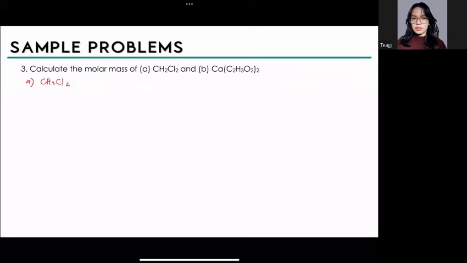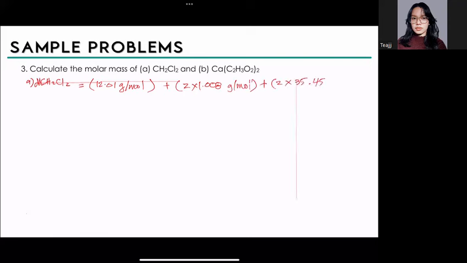How do we calculate the molar mass? Di ba? To calculate the molar mass ng isang compound, i-add lang natin lahat ng molar mass of a particular element na component doon na compound times how many atoms of that particular element there is. So for CH2Cl2, that's going to be, isa lang yung carbon natin, so diretsyon na natin. Huwag na natin ilagay yung times 1. So that's 12.01 grams per mole plus 2 times 1.008 grams per mole plus 2 times